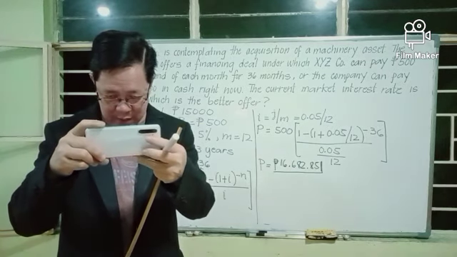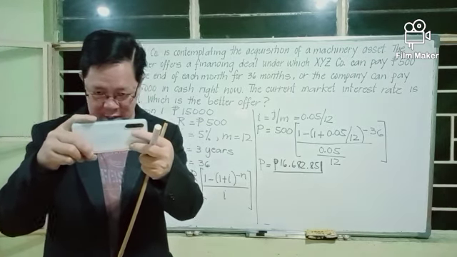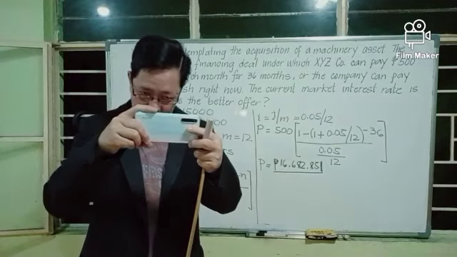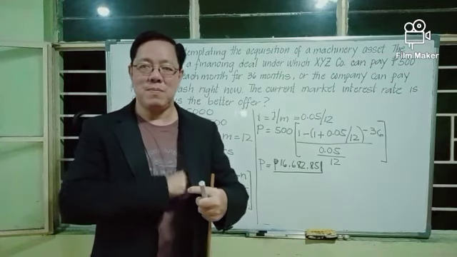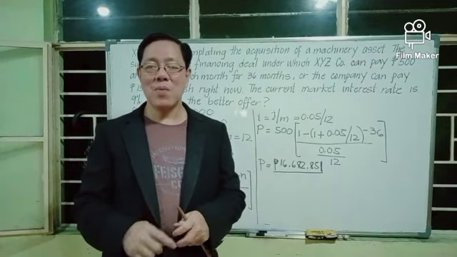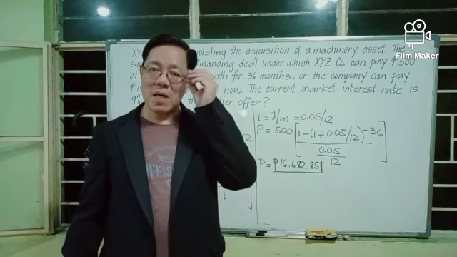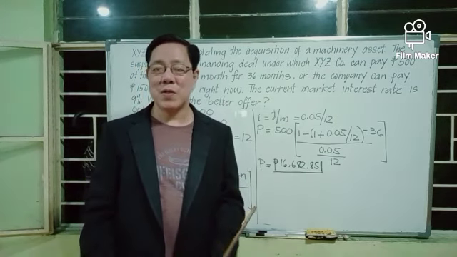And you should get 16,682.85 pesos. So the value of the regular payments of 500 pesos at the end of each month for 36